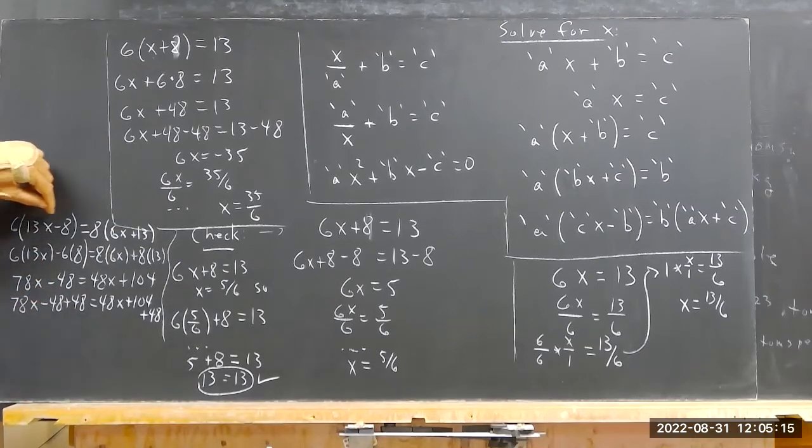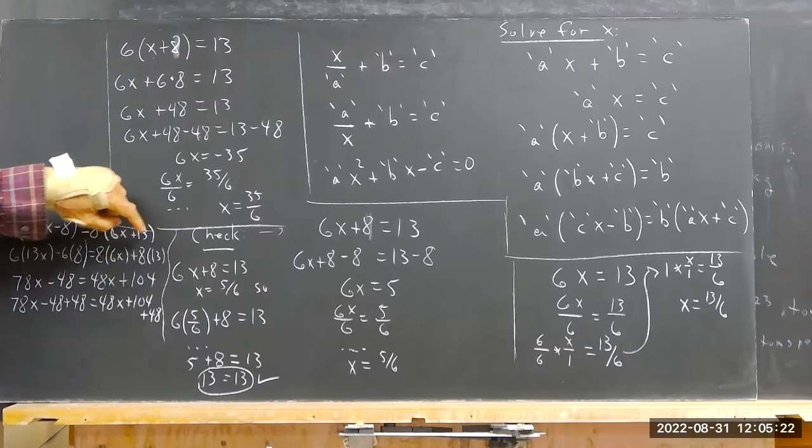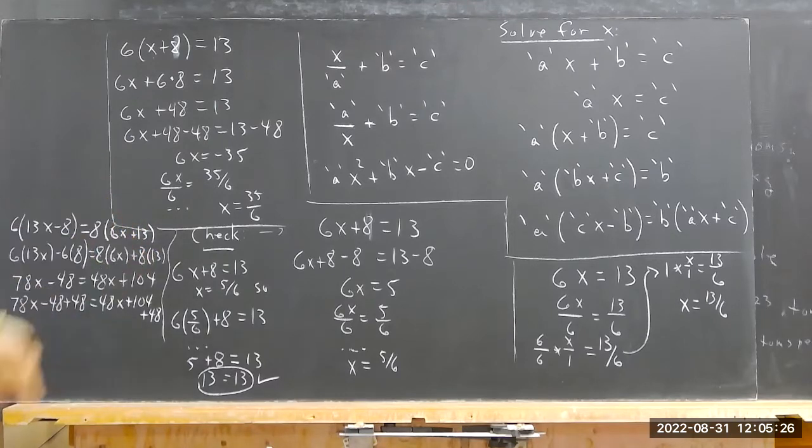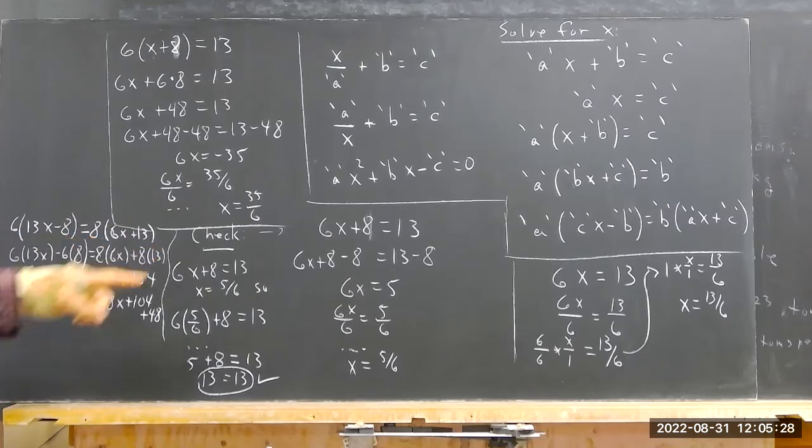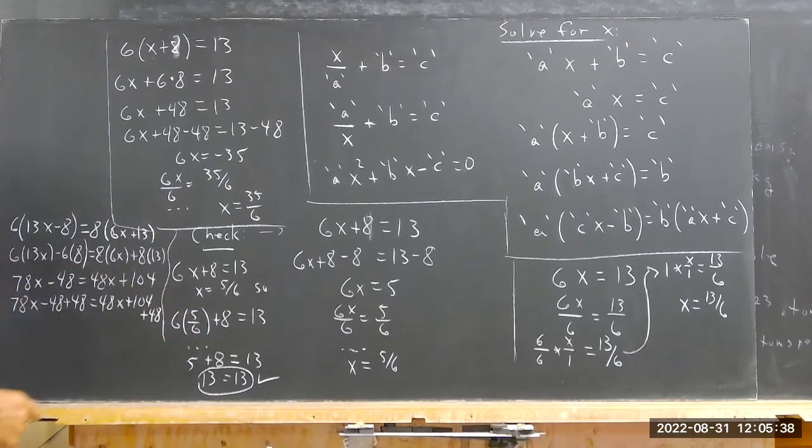again, 6 times (13x minus 8) is 6 times 13x minus 6 times 8. 8 times (6x plus 13) is 8 times 6x plus 8 times 13. Here we have it. And then we multiply these things out. We get 78x minus 48 and so forth. Then I add 48 to both sides because I would have my x's over here, I would have my numbers over there. That gives us